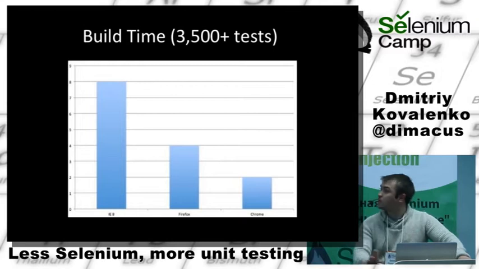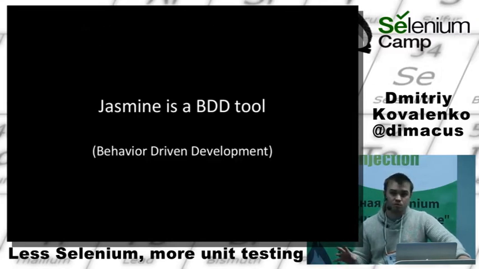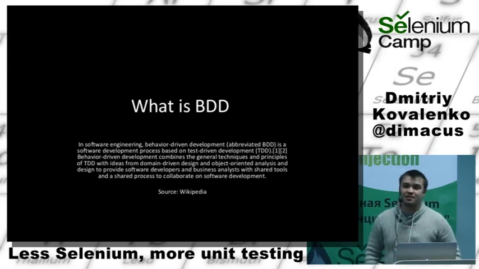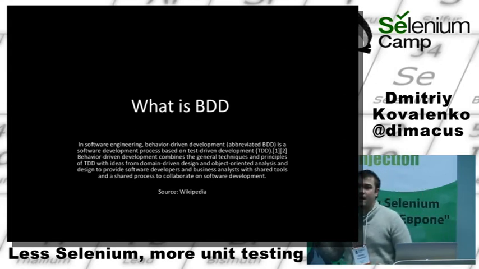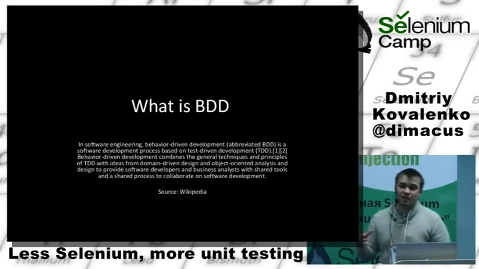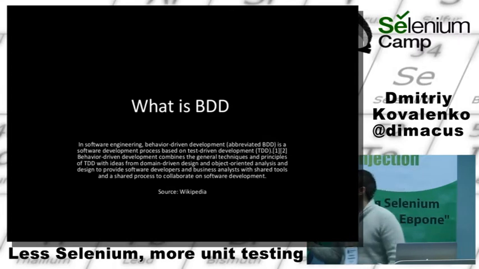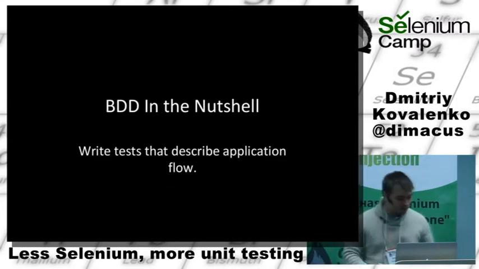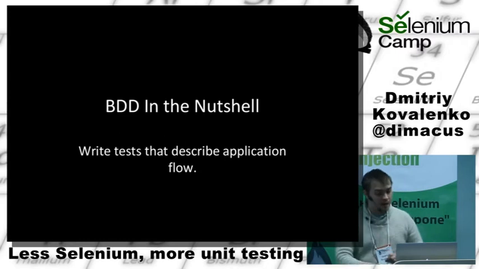Finally, Jasmine is a behavior-driven tool, and this is the definition that I'm not going to read. But basically, the idea in a nutshell is that you describe how the application is supposed to work. In a test, you do not describe how a test should be implemented. You're just saying, hey,